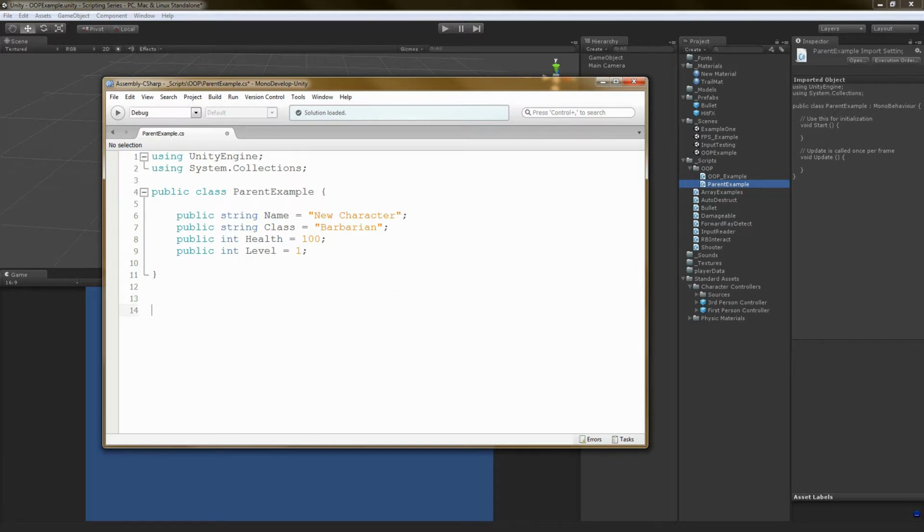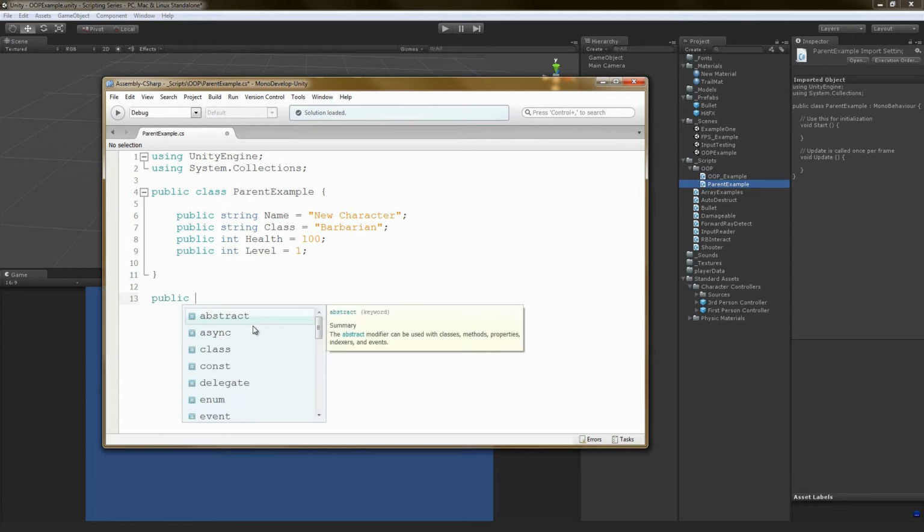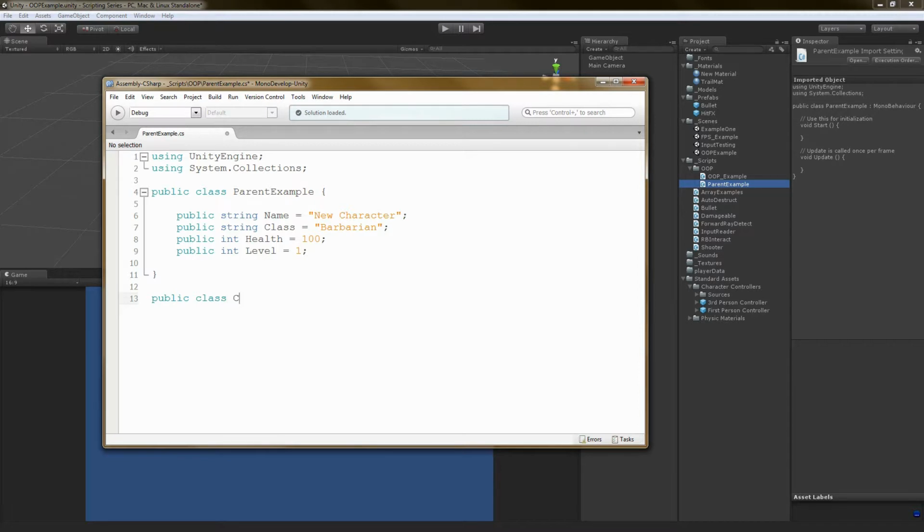And people who write programming languages are much smarter than me, and they know this. So instead of doing that, they have this thing called inheritance, where we can say public class. We're going to call this child example, and the child example is going to extend